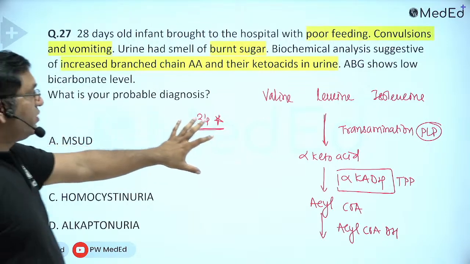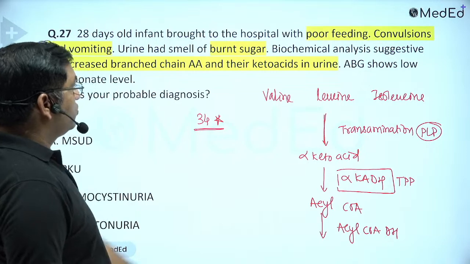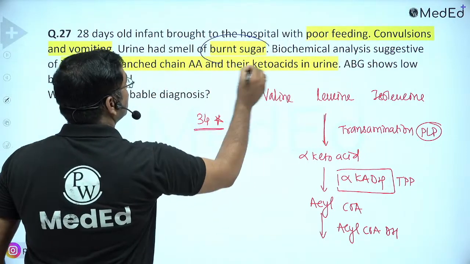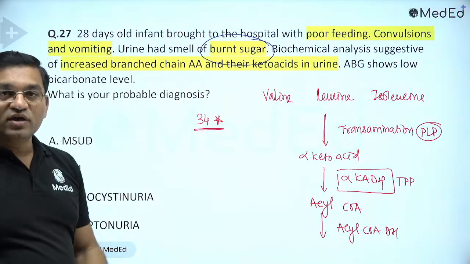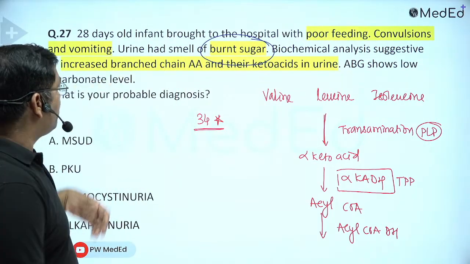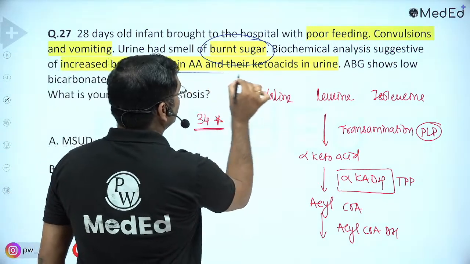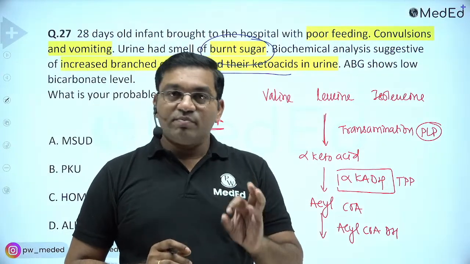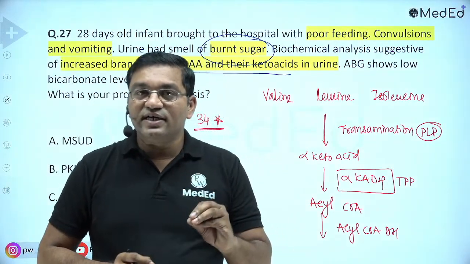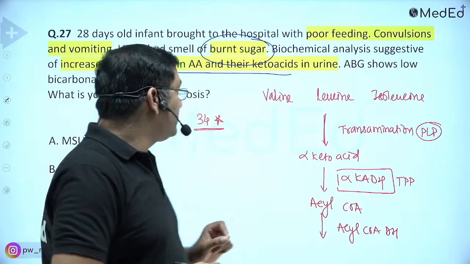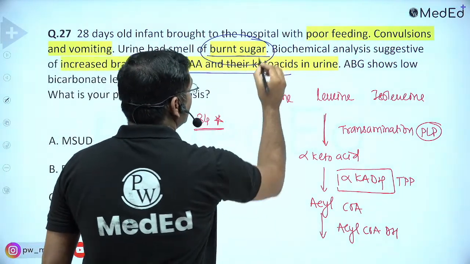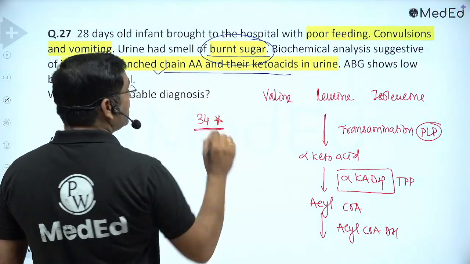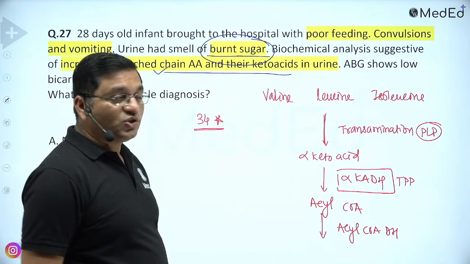Now see point number 34. Poor feeding, convulsions and vomiting, burnt sugar smell in the urine, and increased branch chain amino acids and their keto acids in the urine. When branch chain amino acids are mentioned, the most common related disease is maple syrup urine disease. There is a smell of burnt sugar in the urine. There is excretion of the branch chain amino acids and their respective keto acids in the urine due to a